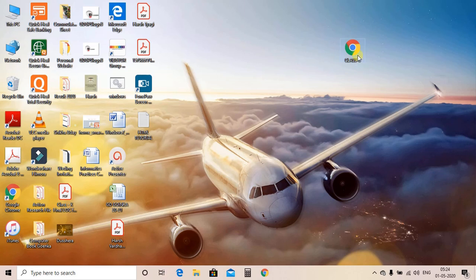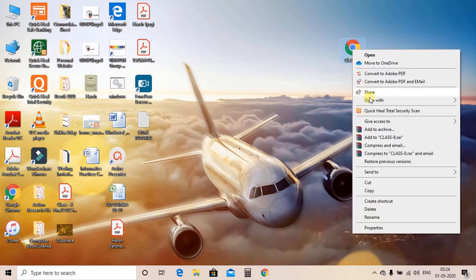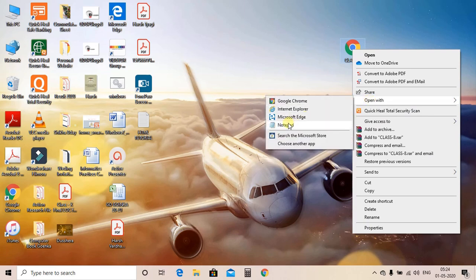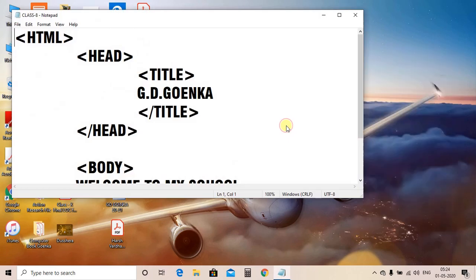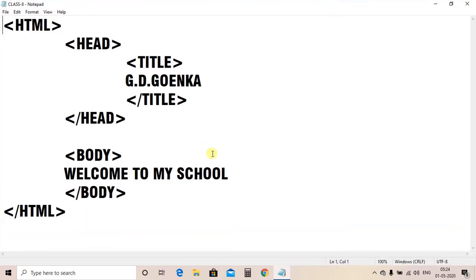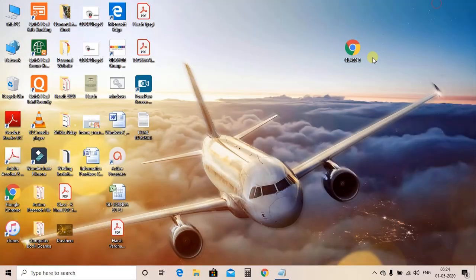To open the file in Notepad, we just right click on the file, choose open with, and select the program Notepad. This is the same file which we created last time. Now we will open the file also in the browser. Just double click on the file and it will get opened in the browser also. So this is the same information which we have created last time.